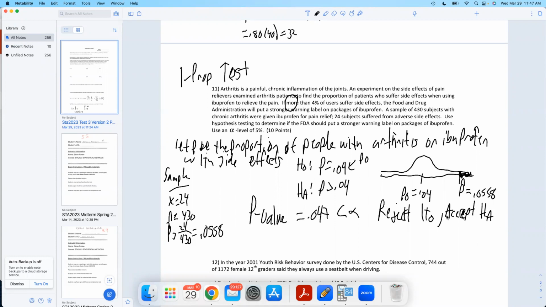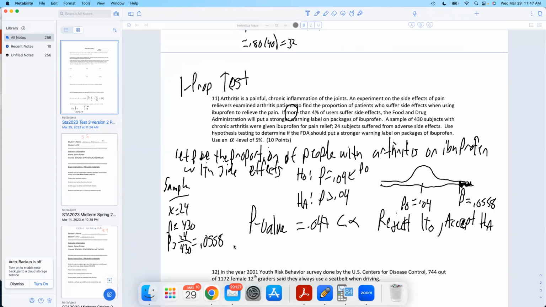I just said I'm going to accept that. Every time you're going to write this thing right here in words, by either saying you do have strong evidence for that or you don't. I just said I accept it. So we do. I'm going to type this because we have strong evidence